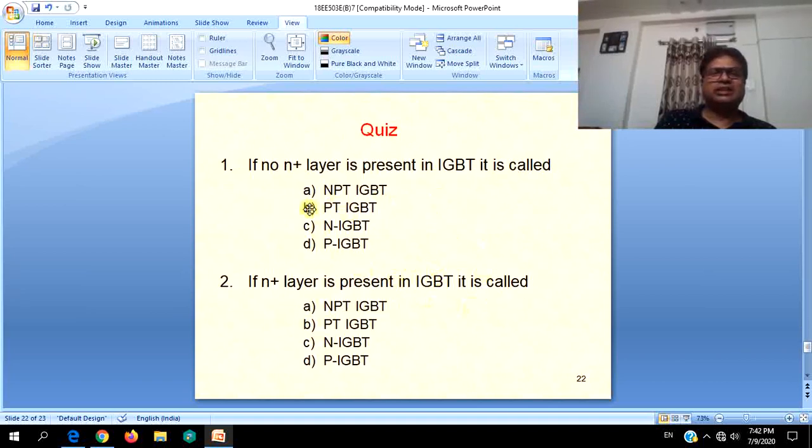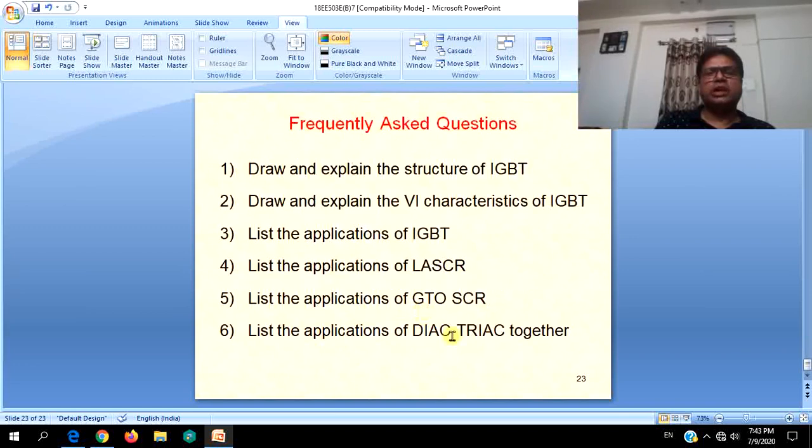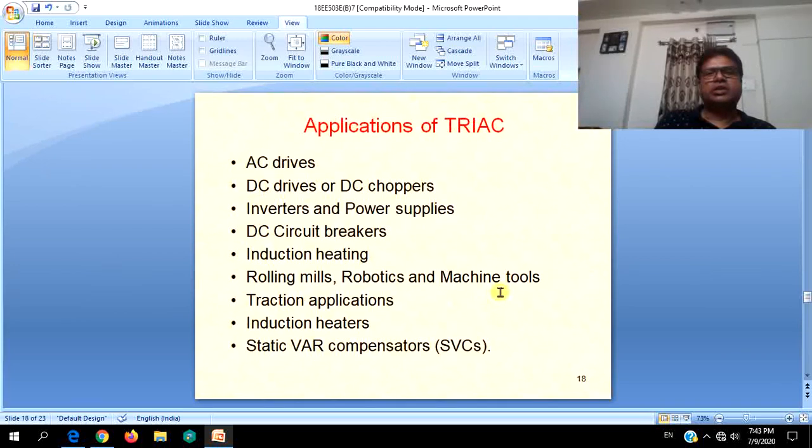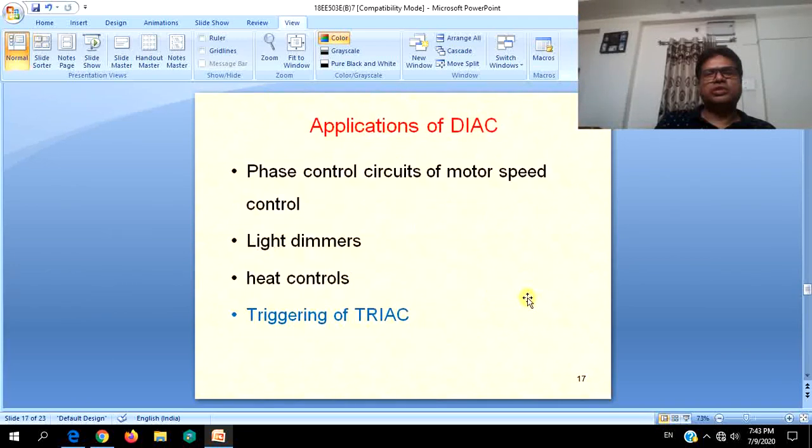Just a quiz: if no n plus layer, it is punch through IGBT. With n plus layer, it is non-punch through IGBT. And frequently asked questions are: explain the structure of IGBT, explain the VI characteristics, list the applications of various power electronic devices. That is all for now in this session,